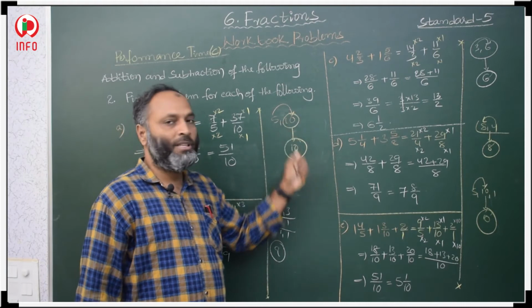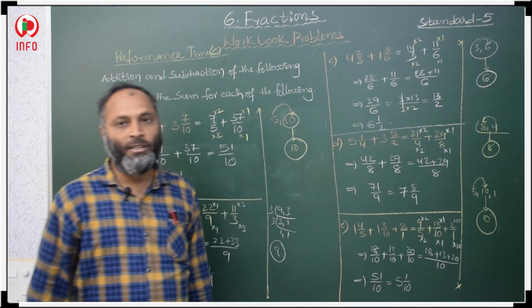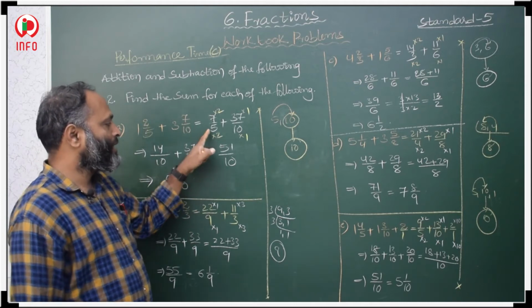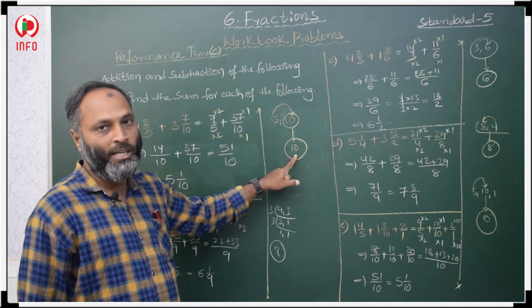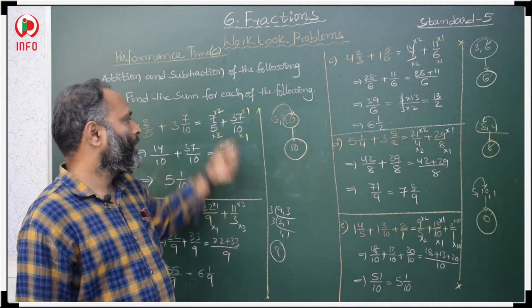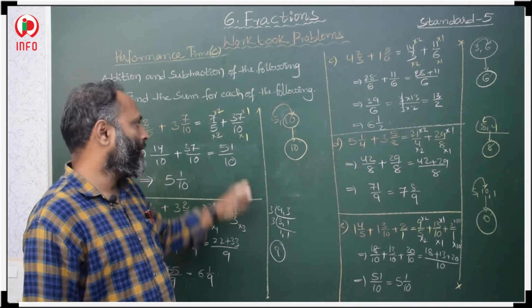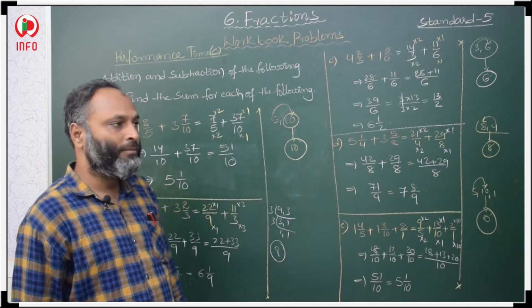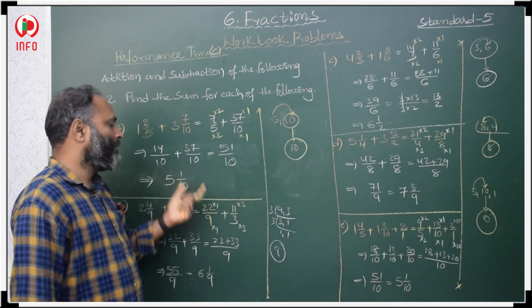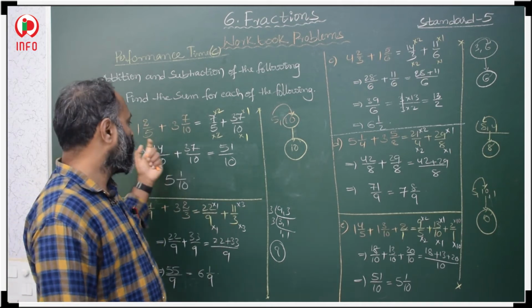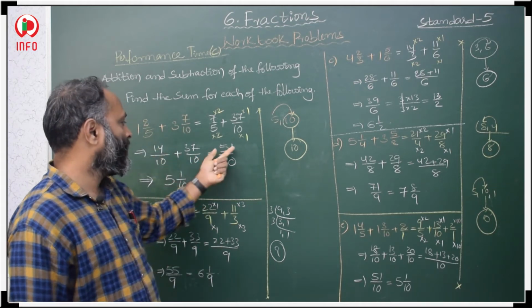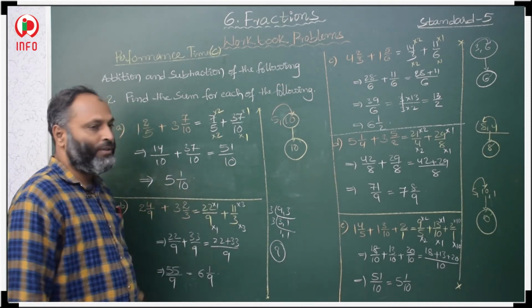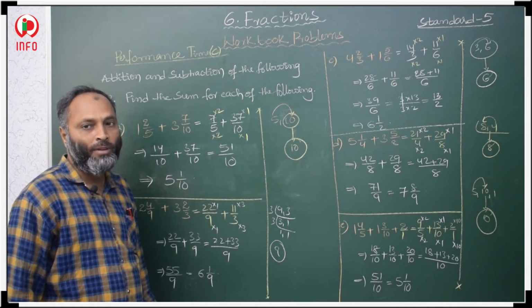5 is a factor of this 10, so 10 is the LCM. Then we check in the first fraction's denominator when you will get the LCM. The method is the same: 2s are multiply with 2, numerator and denominator. For the second fraction you have to multiply numerator and denominator with 1. Then simplify and convert into like fractions. Then add numerators 14 plus 37 by the common denominator. Then it is an improper fraction, so you have to convert it into a mixed fraction.